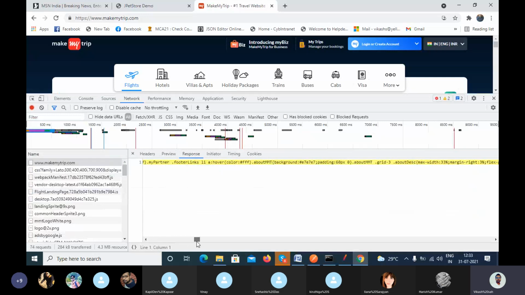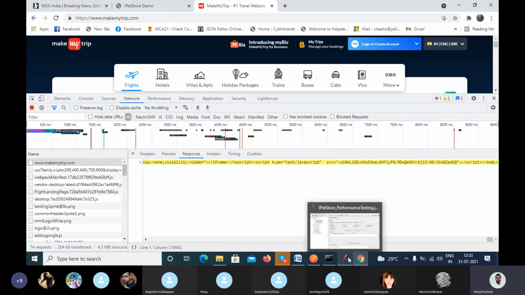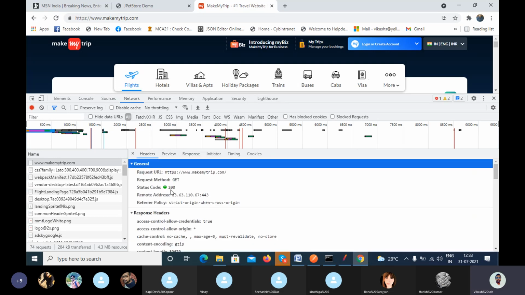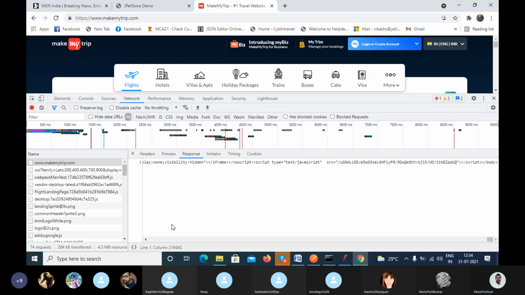This is your response. When you add this response into your JMeter, every time you can't manually go and check. Either you have to verify the status code, right? If your status code is 200, then you are satisfied that your response is working fine. Apart from the 200 status code, if you want to verify any value from the response, let me copy this response